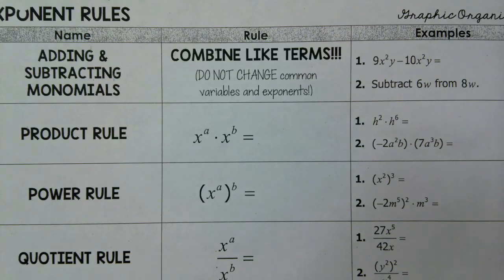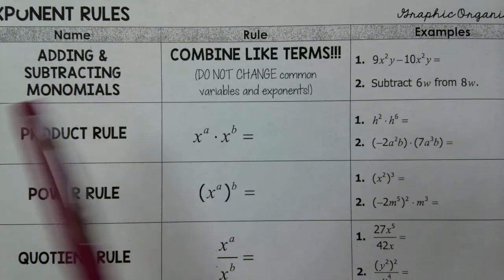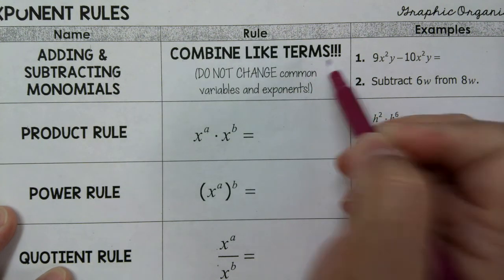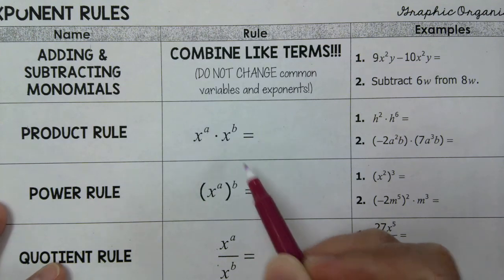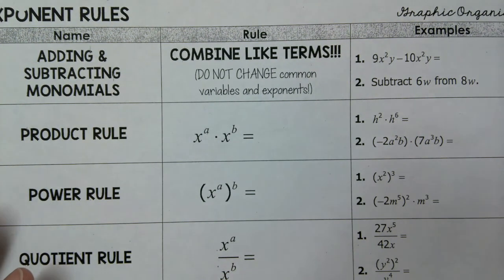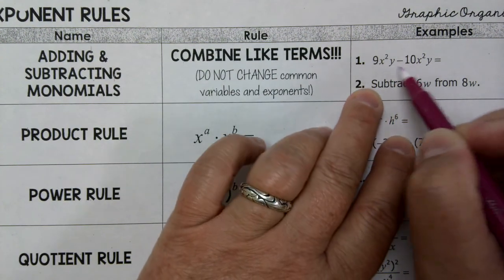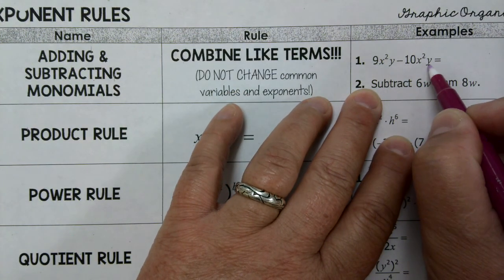So continuing on with our exponent rules, first of all, let's review adding and subtracting monomials. It's the same thing as combining like terms. While we are using our exponent rules, we're going to notice that our exponents will be changing. But don't forget, when we're combining like terms, when we're just putting two like terms together, we keep the exponents